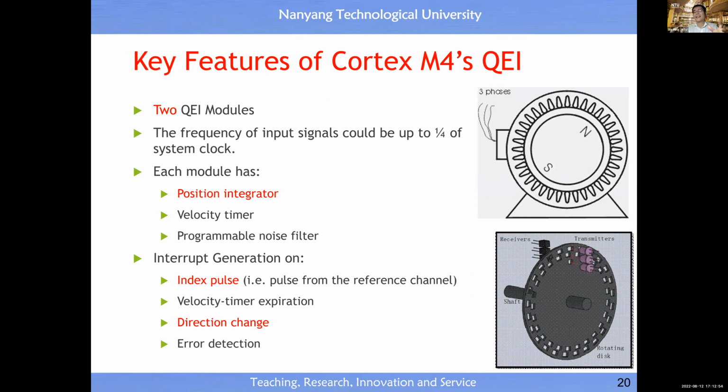Once you have this digital sensor, then the microcontroller can interface with it, because the microcontroller for this one has a QEI unit, right? Okay. And this one has a built-in integration function, so you can read out the position information. And actually, this one is a timer. Basically, it's a counter, and has a timer, defines a time window, then counts the number of pulses, etc. Right? So then for your digital sensor, you remember lecture 1.